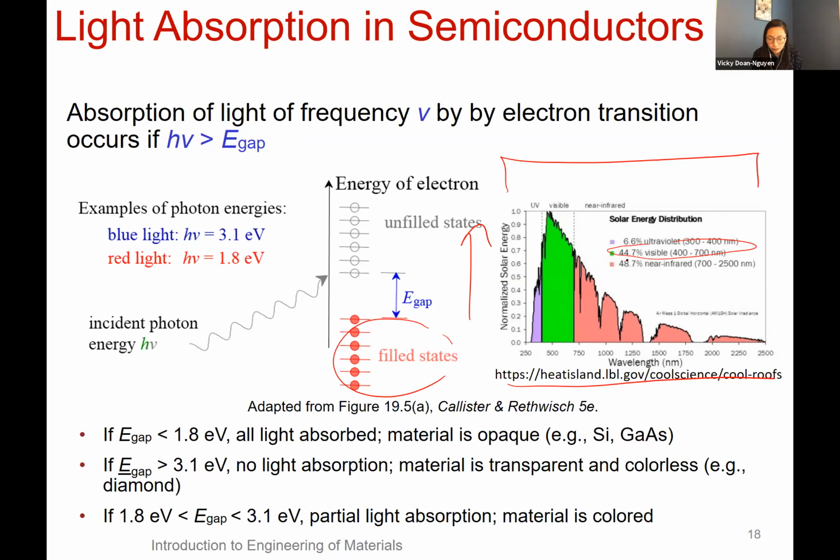And so here we see that 6% of solar radiation is in the UV, a little less than half is in the visible, and then the other half is in the near IR. So that's 700 to 2500 nanometers. Okay. And so here, let's say you have a semiconductor, silicon, gallium arsenide. So that's a compound semiconductor. If your band gap is less than 1.8 eV, basically all light is going to be absorbed. If your band gap is larger than